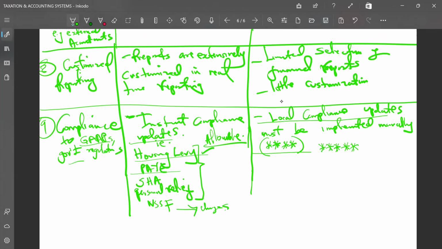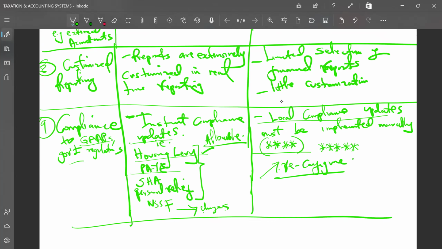If you have a desktop version of an accounting system or a payroll system, it might not be able to automatically capture that. You must contact the vendor to come and manually reconfigure your system to capture these changes. Is that very easy? Not very easy in a real life situation. But if you're working on a cloud-based system, then these changes can easily be done remotely by the developers or the vendors of the system. They can effectively do that, and it will apply across platforms, to all users, because it's an online based thing, it will be synchronized immediately and you'll see the change. It will reflect on your end.